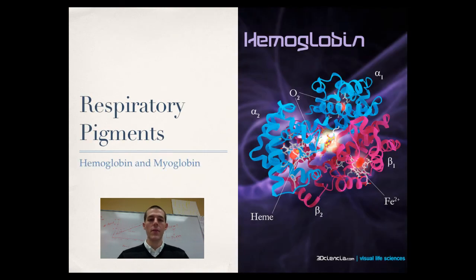I think this is the last slide for the day. So, we need to talk about respiratory pigments. Without these, we wouldn't be alive because, yeah, we breathe in oxygen all day long. Some of that oxygen just diffuses into the plasma of your blood, but not very much at all. I read somewhere, I think it might be in the book, that if it were just left to blood plasma, our body during exercise would have to circulate something like 555 liters of blood every minute to keep us alive,